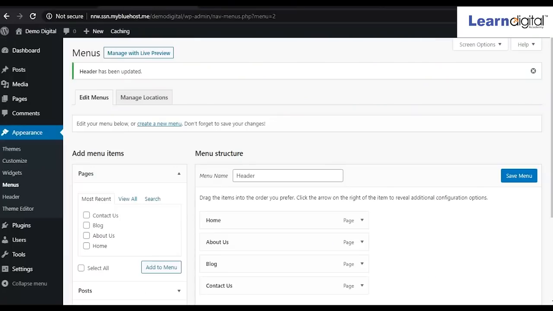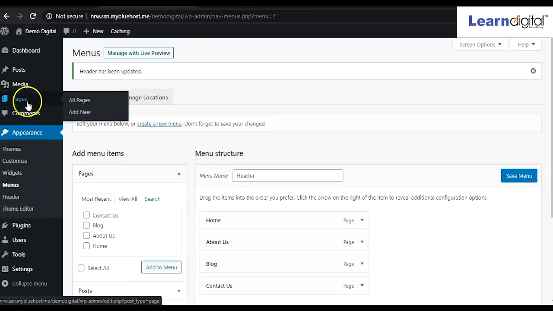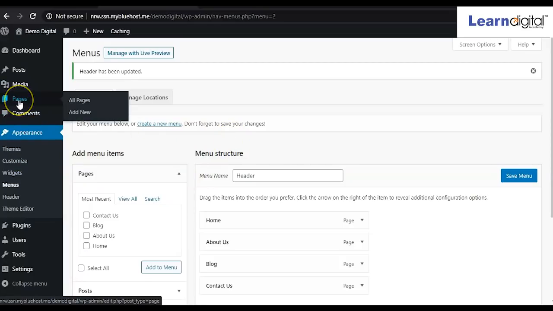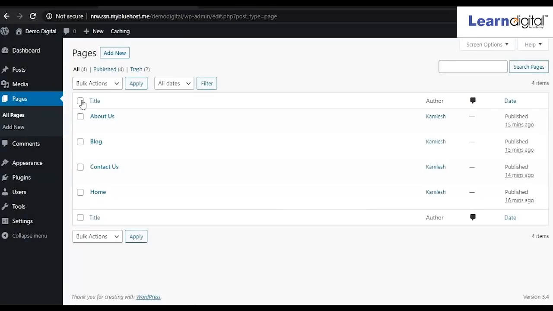So for example, I want to write the about us page. For editing about us page, you have to go to the pages option, click on all pages, right? Which page you want to edit, simply go to that page. You can click on this about us, or you can click on edit page.